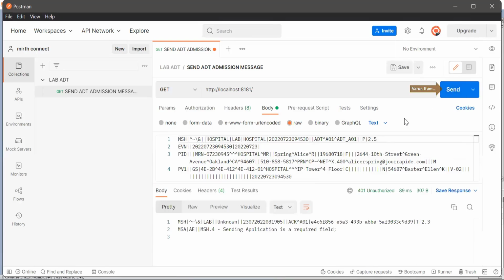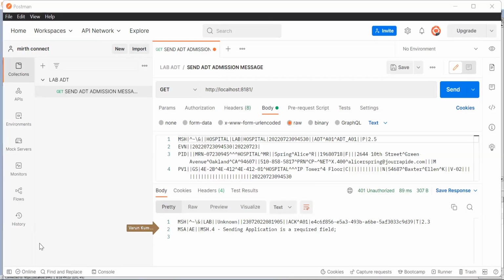So what is happening now? Is this a positive acknowledgement or negative acknowledgement? But now you can also talk, because this is positive acknowledgement. Negative acknowledgement is something that you know from the HL7 time. Positive acknowledgement. This is positive. Yeah, A, C, K is there. No, that is not how we read it.